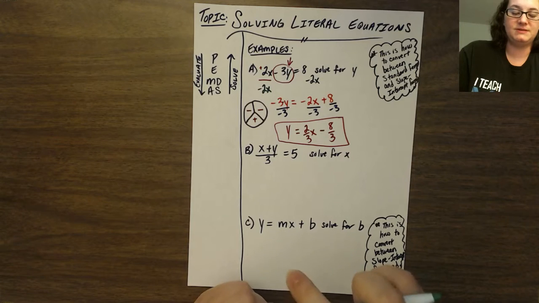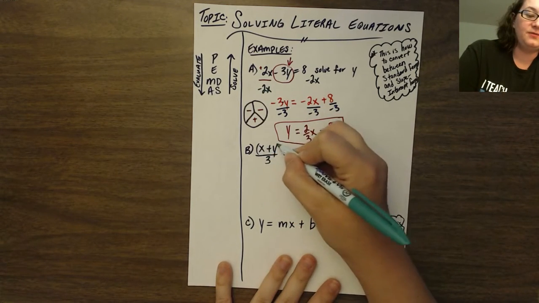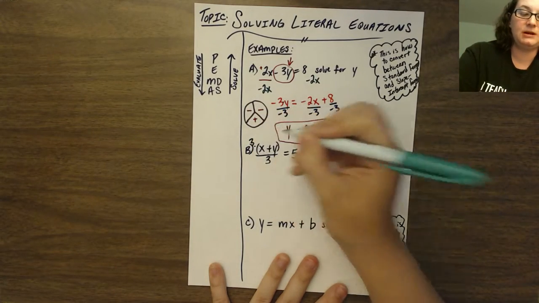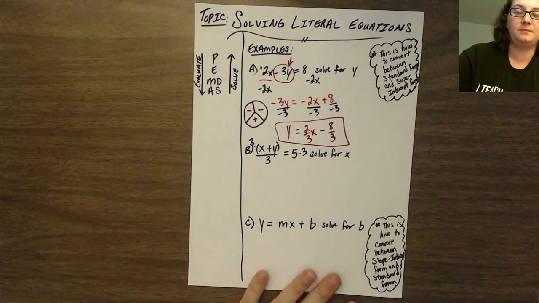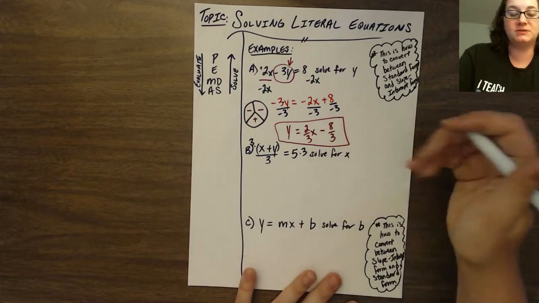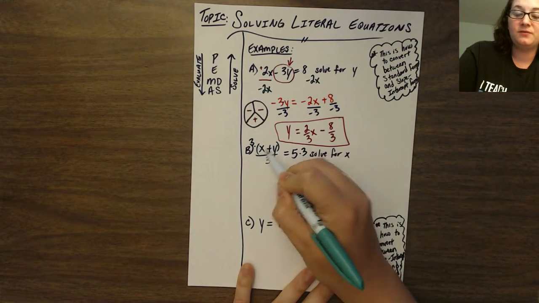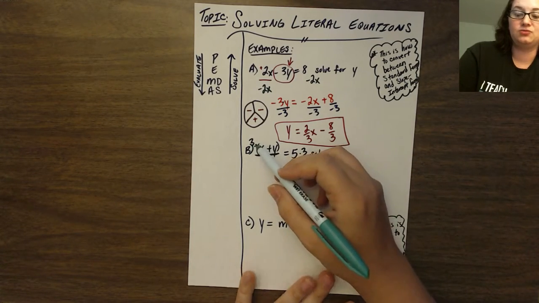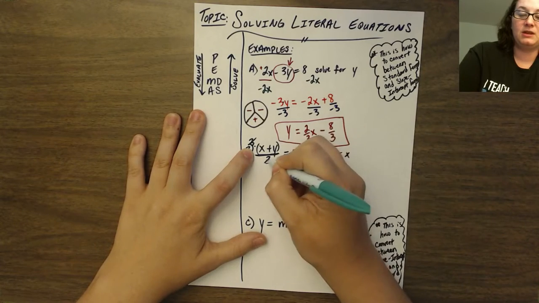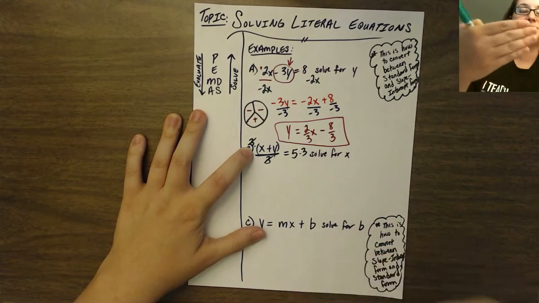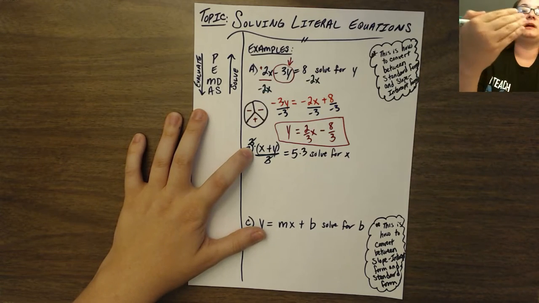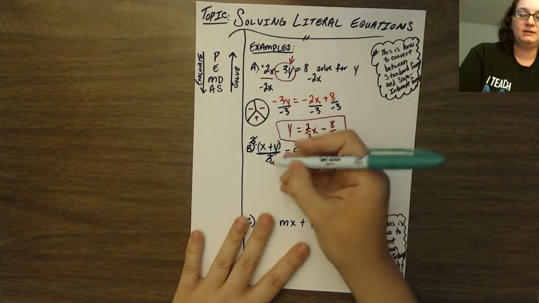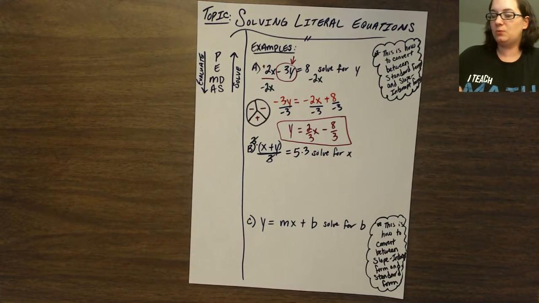So the first thing I'm going to do is get rid of the 3. All of this is being divided by 3, so the opposite of dividing by 3 would be to multiply by 3. I'm going to multiply both sides by 3, all terms in the problem. Since both of these, because of this line, are being divided by 3, I multiply both of those by 3 just once. Multiplying by 3 and dividing by 3 is like taking a step forward and then a step back. I didn't really go anywhere. So those two cancel out, leaving me just x plus y